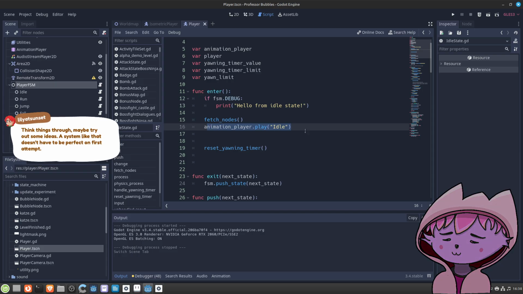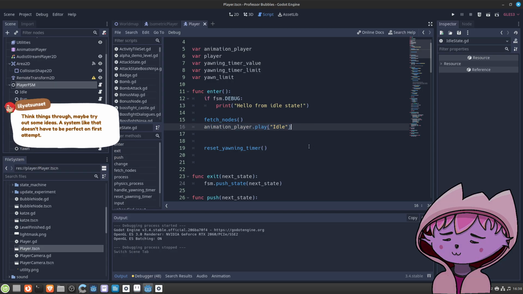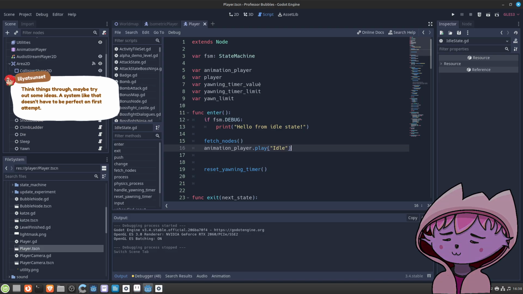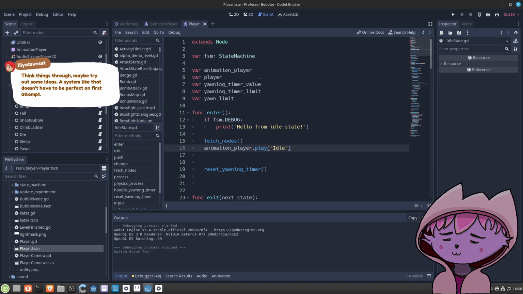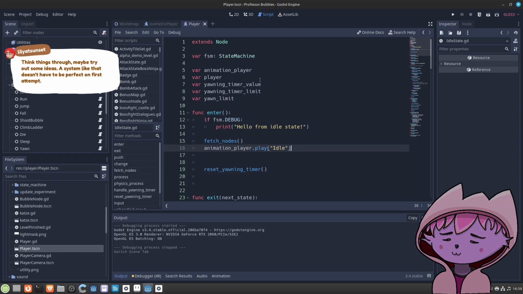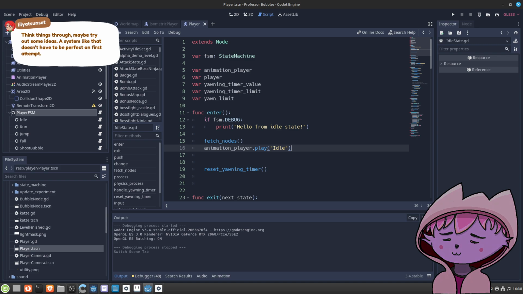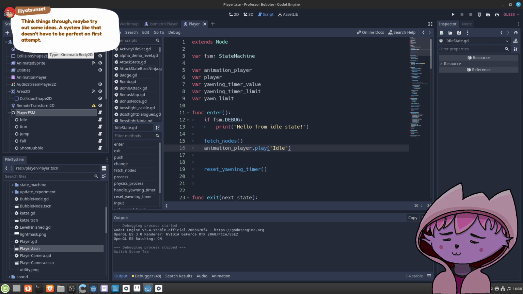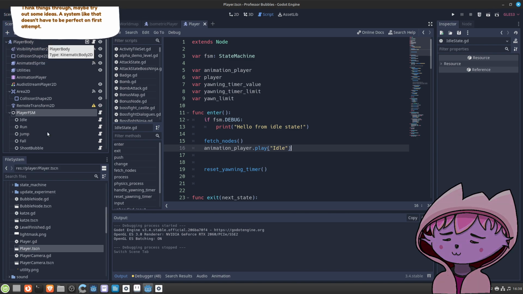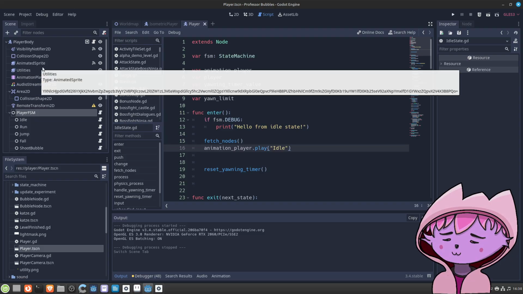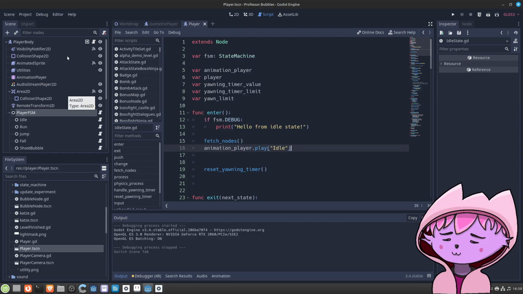I have to say, I have flashbacks to this project, a platformer game. When I started this back in 2021, I didn't have a state machine because I didn't know what a state machine was, and that resulted in very messy code.